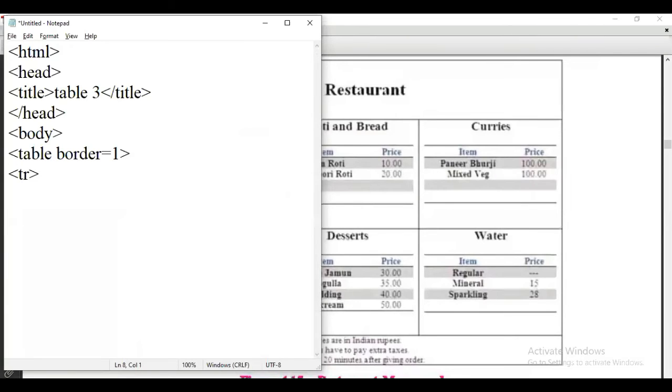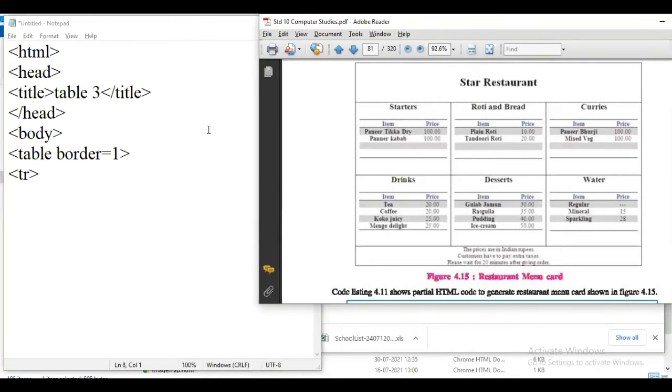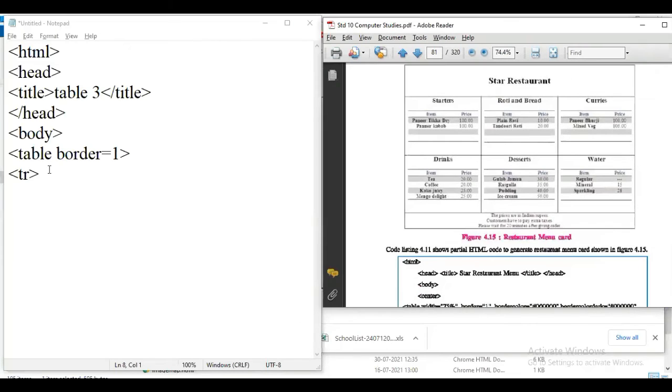So in first TR we are writing Star Restaurant. Now we can see this Star Restaurant. So before, in this first row there are how many columns? You can see this. This is column number 1, this is column number 2, this is column number 3.